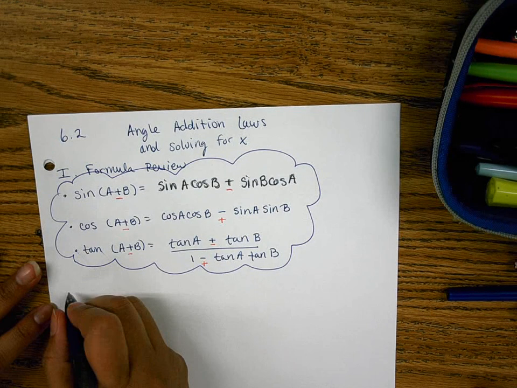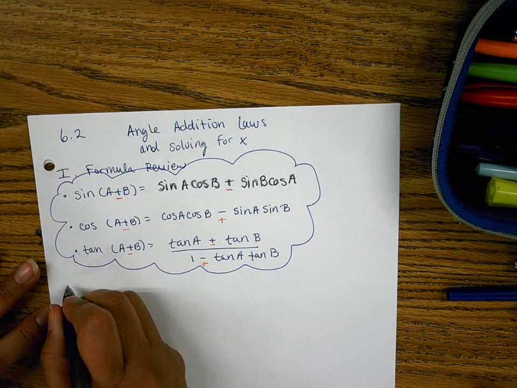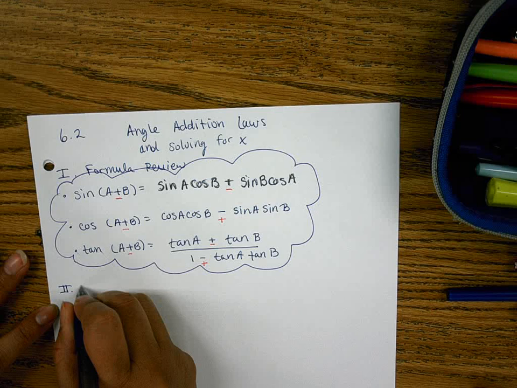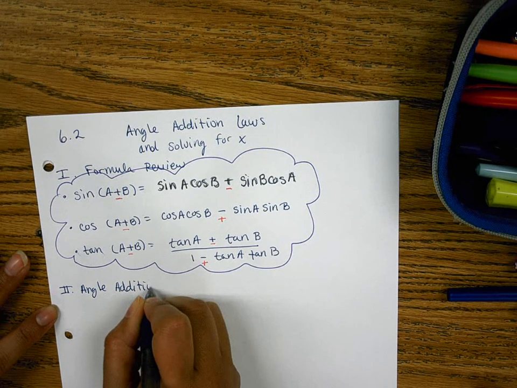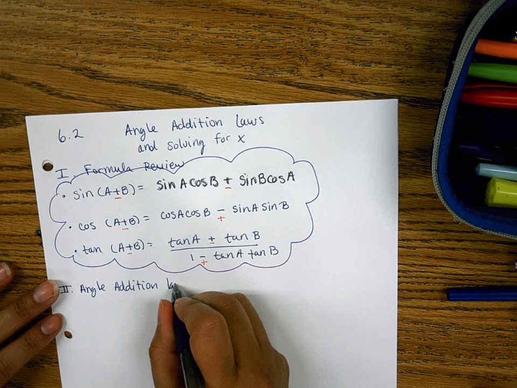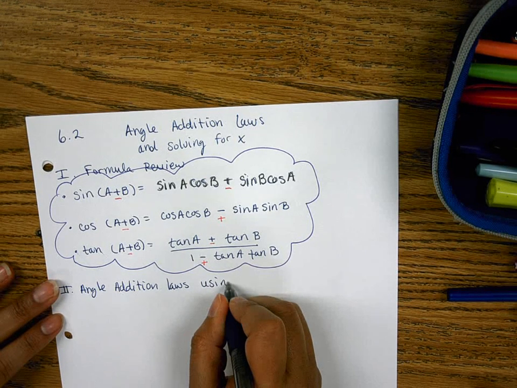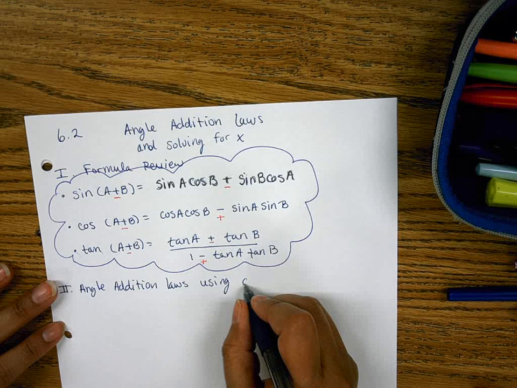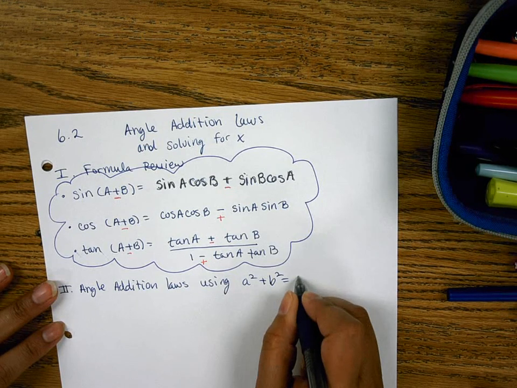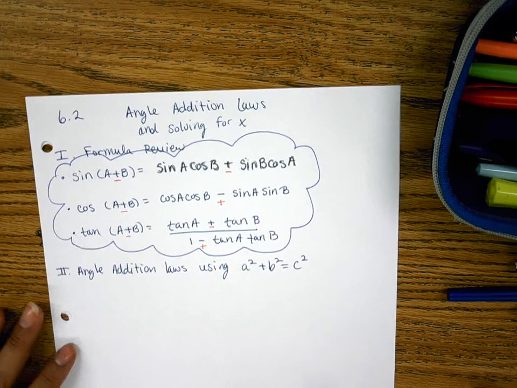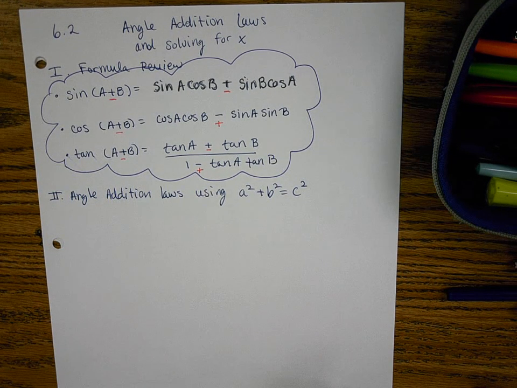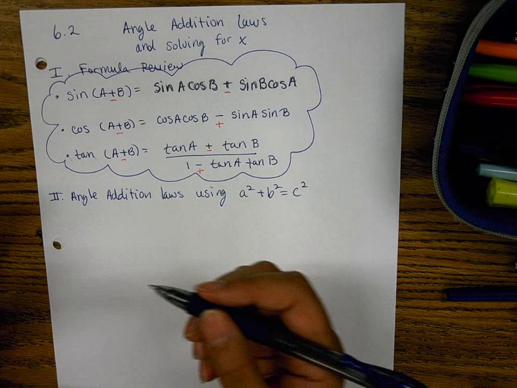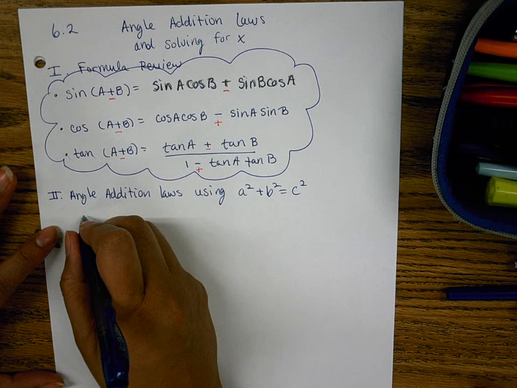Okay, part 2, angle addition laws using Pythagorean's theorem. A squared plus B squared equals C squared. Angle addition laws using A squared plus B squared equals C squared. Okay, I'm going to write it the way you're going to see it in your book work as well as on quizzes and tests. Given